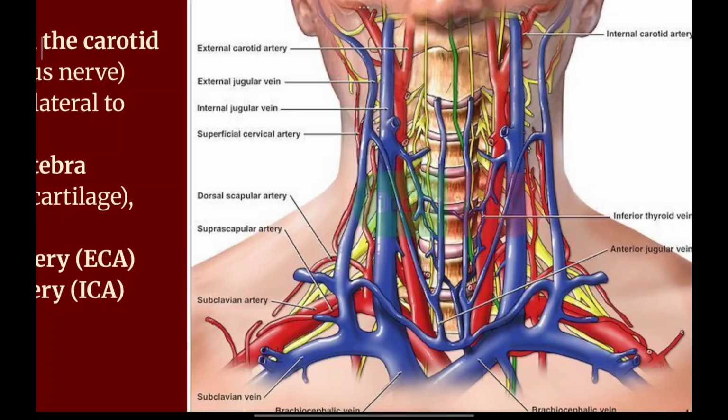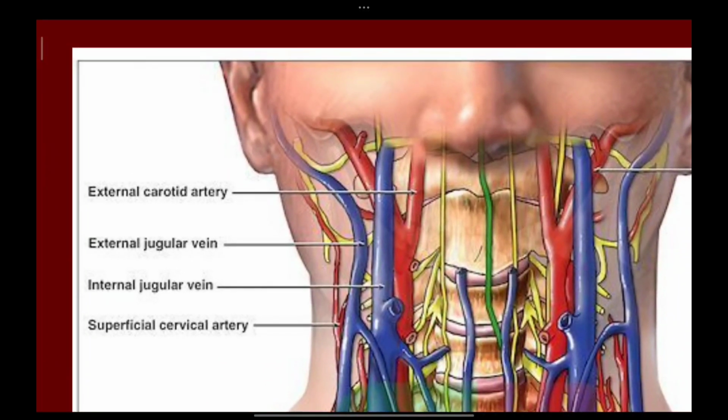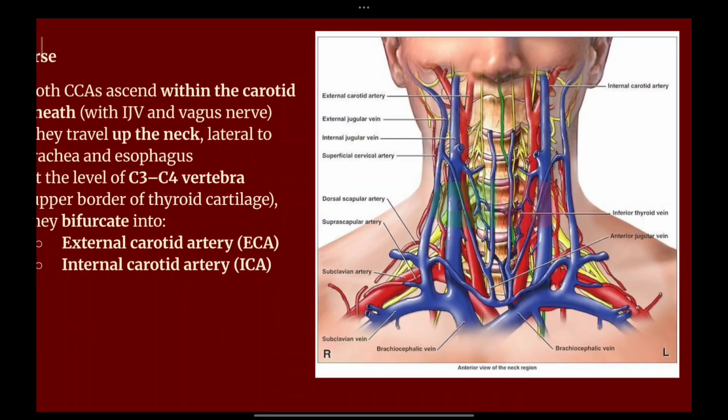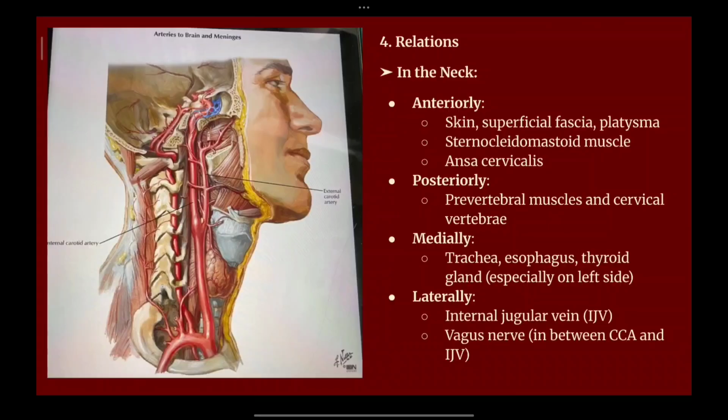Then you can see the bifurcation at the upper border of the thyroid gland. You can see the trachea and esophagus as well. On both sides of the trachea and esophagus are the two common carotid arteries, running on the left and right side. Now, how are these blood vessels supplying oxygenated blood to the neck